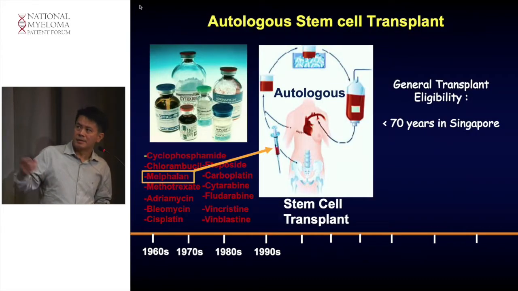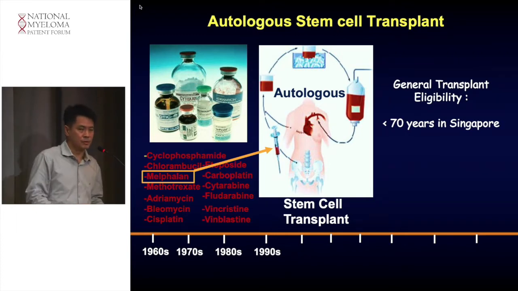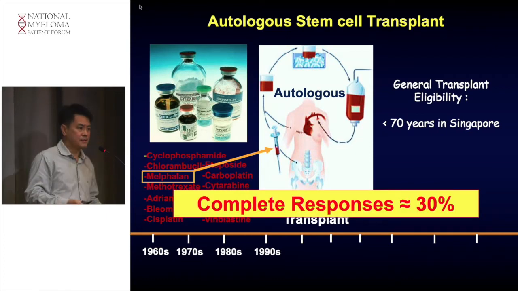But later on, we started doing autologous stem cell transplant, so as to allow patients to receive a very high dose of chemotherapy drug called melphalan. With autologous stem cell transplant, about 30% of patients can attain complete response. But again,